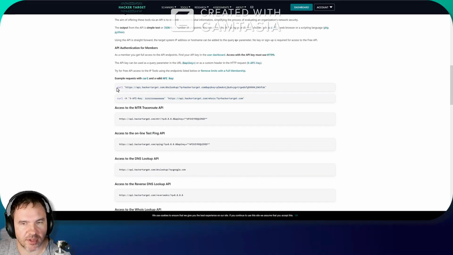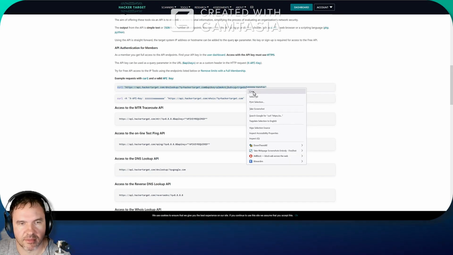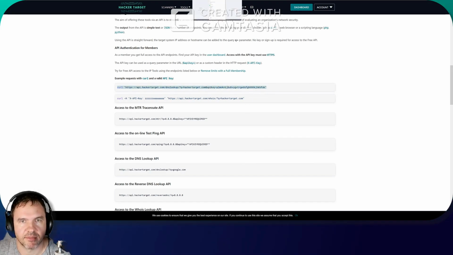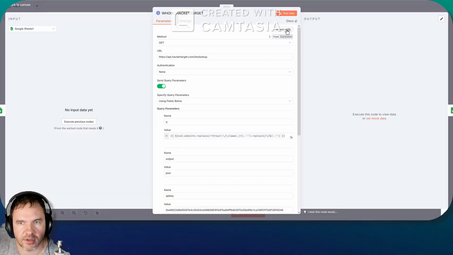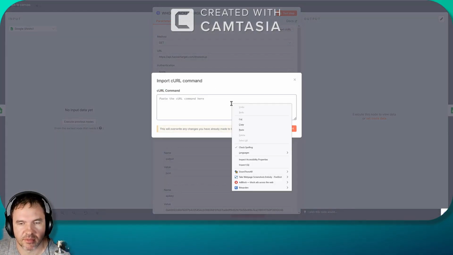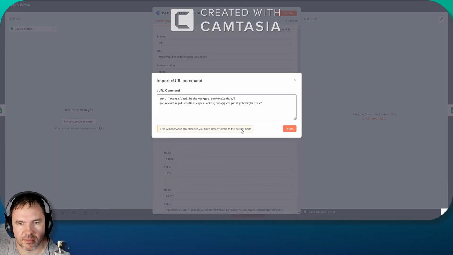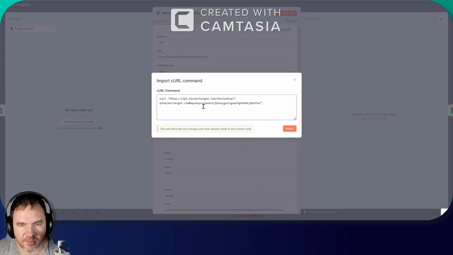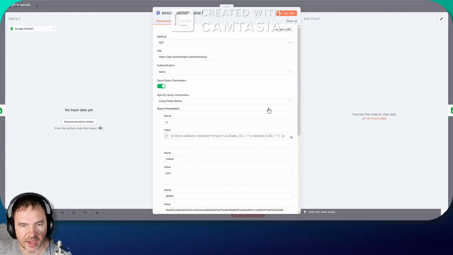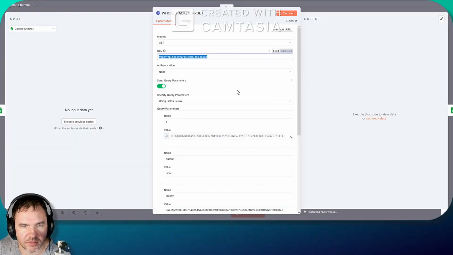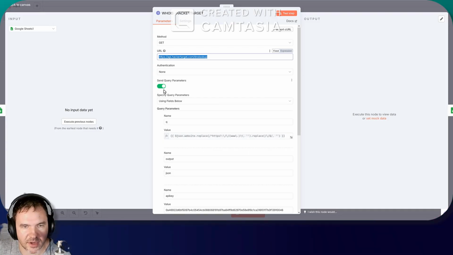So what you do is you grab that, go back to N8N. Now you don't use their API key, of course. You go import curl, paste, awesome. And then you put your API key in that you've purchased and shows up in your dashboard into here, and you click import, and then it puts in the URL and send query parameters gets turned on, says